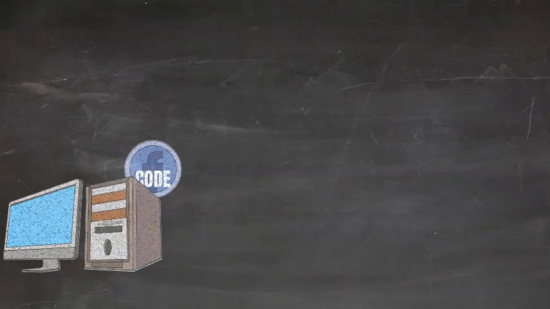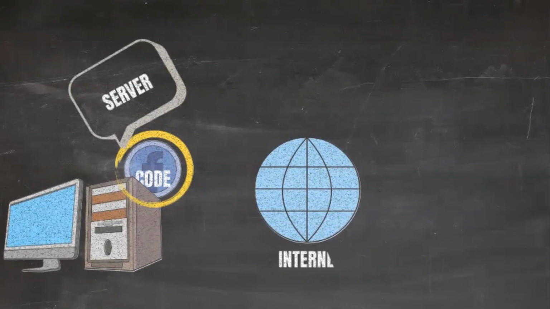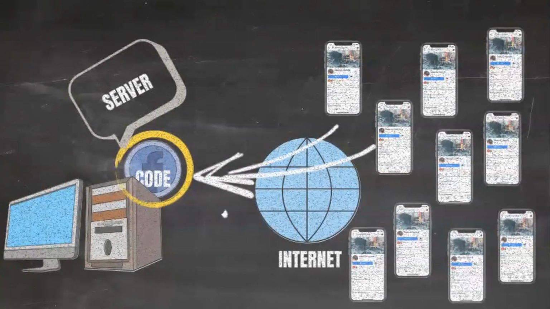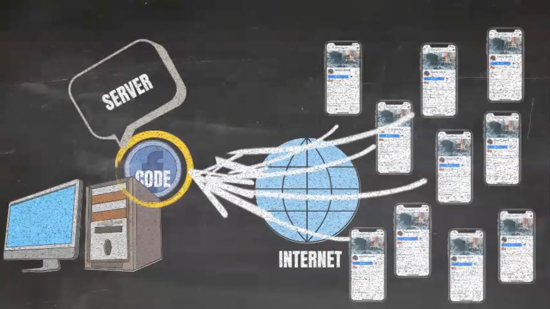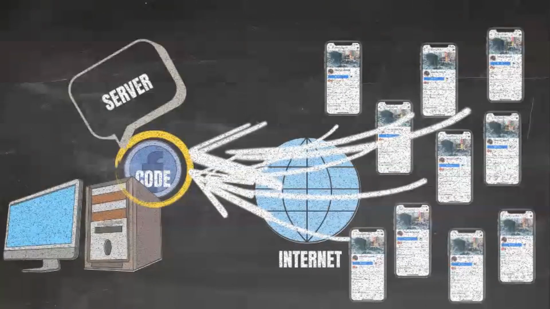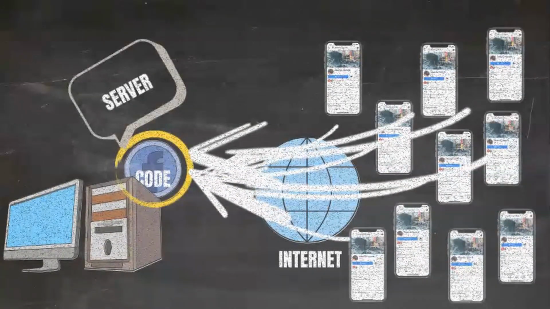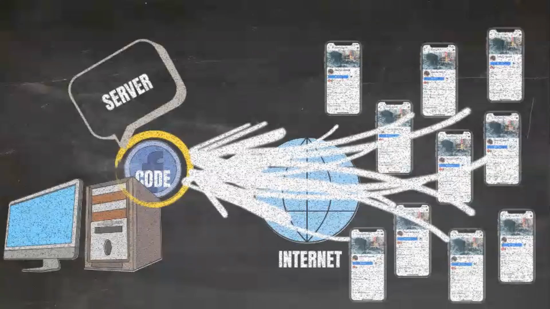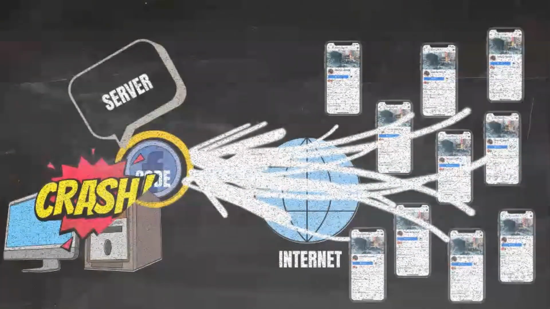Let's say there's a Facebook application which has only one machine with a server running on it, and you have 1 million people trying to access and use Facebook. That means all the requests from the internet will come to this particular server. And the server has a capacity. It can only hold so many requests, or respond to so many requests. If it goes beyond that, the server will not be able to handle the load, and there could be a crash in the server, which means the system will not function the way it has to.